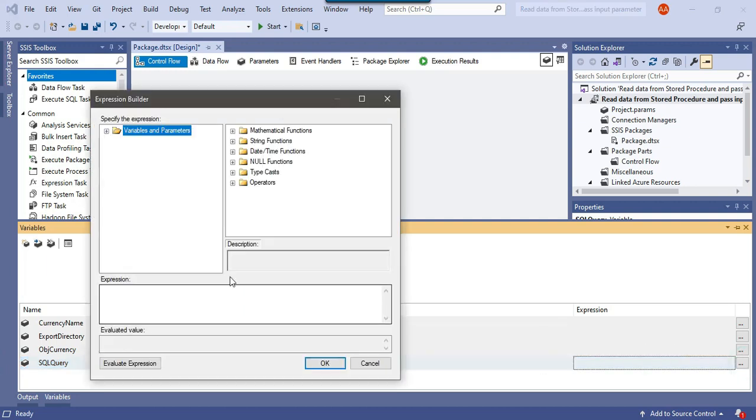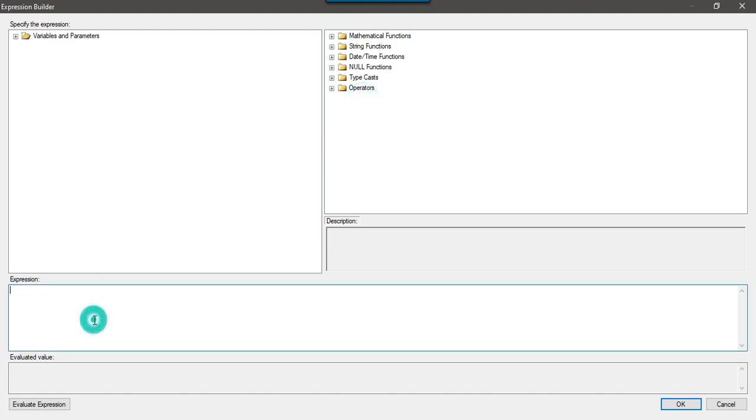Then in the SQL query I will click on the expressions, and in the expressions I will put a double quote, and I can paste that query where I'm calling the stored procedure. Instead of this particular question mark I will put single quote, double quote, plus, double quote, single quote. Okay, and then I can pass the value of the currency name to this particular code. Then in the end I will put a double quote again.